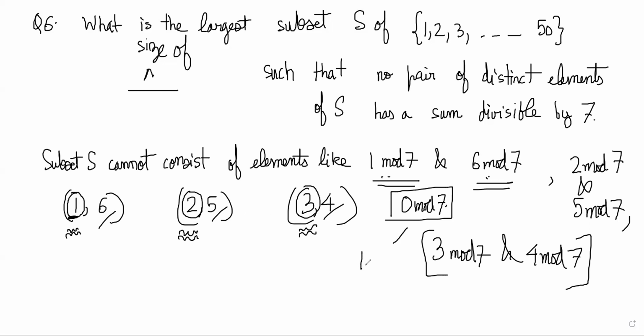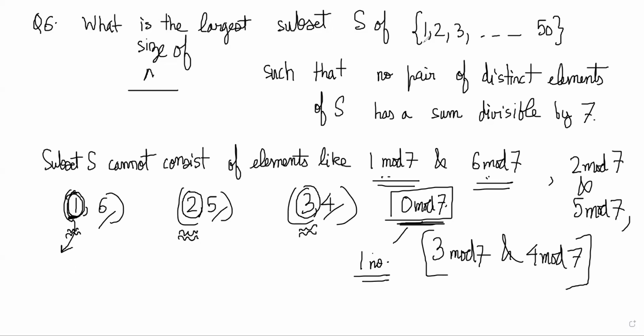However, you can pick one number from that set, right? There will be 7 numbers there, 7 into 1, 7 into 2 till 7 into 7. You can pick one of them. Why? Because this one of them doesn't make a pair such that it adds up to 0 mod 7 with any of these, right? So let's count how many elements are there which are of 1 mod 7 type in